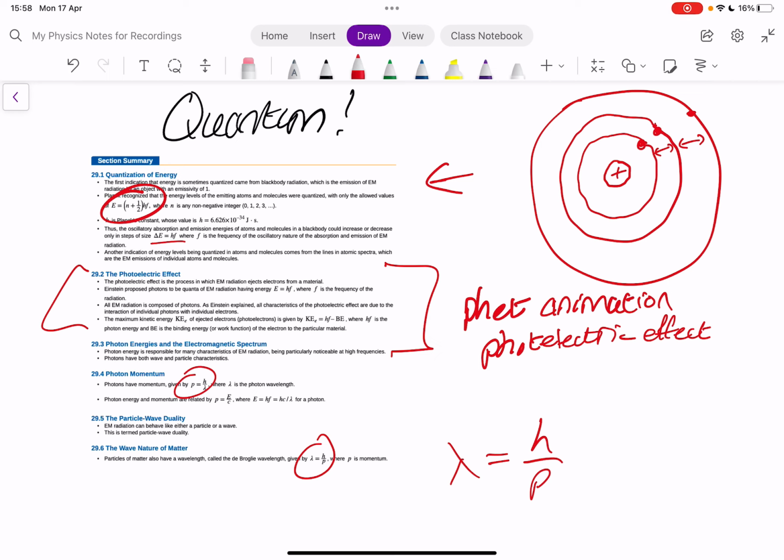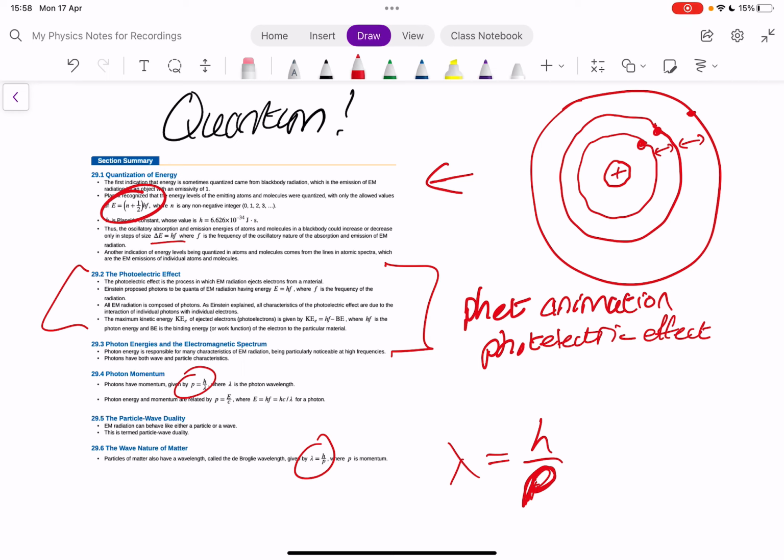So this is the de Broglie wavelength, and this is where if you know the momentum p of a particle, you can get its equivalent wavelength. So where a particle has wave-like properties, it needs to have a wavelength or an equivalent wavelength to decide how it will behave. So this is the equation that gives us the wavelength. For example, you can get beams of electrons that will interfere with each other and cancel out like rays of light do. But to do that, or to get diffraction, you'd need a particular wavelength. This is where that wavelength comes from.